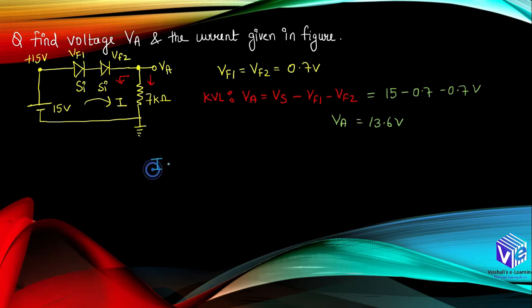Now the next thing we have to find out is the current. Current will be equal to VA upon R, right? So we have the resistance 7 kilo ohm over here, and the current will be the series current. So current in this branch will be the same which is flowing from here up to here. So if I find out the current in this branch, I can find out the overall current which is going inside the circuit. So VA is 13.6 volt, and if I divide it by R which is 7 kilo ohm, so if I divide it with 7 into 10 raised to power 3, I will be getting 1.942 milliampere. This is the current that is flowing through the given circuit.